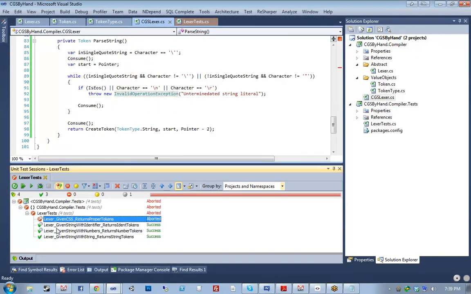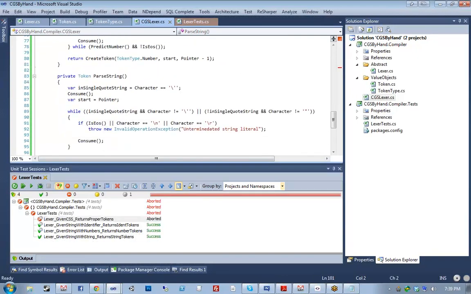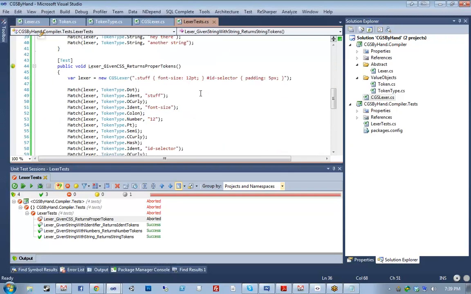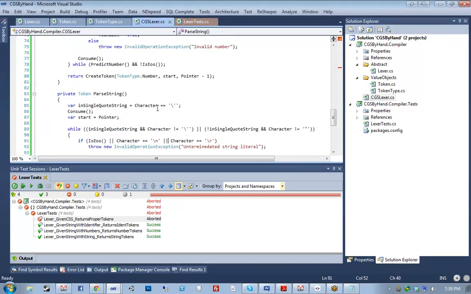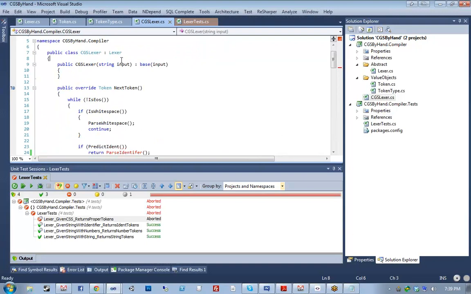So now the final thing we have to do is actually parse a lot more stuff. But the funny thing is our Lexer isn't actually going to get a lot more complicated because the only thing we need to actually parse are single character tokens. You see, out of all this stuff, the only thing we're missing is things like semis and curlies and stuff like that. And then we're also missing PX and PT as well, which we'll need to figure out at some point. So I'm going to start off with the single character tokens, which are very simple, because all we really need is a handy little dictionary